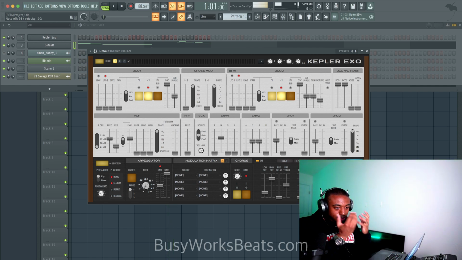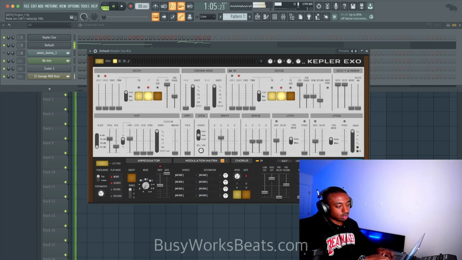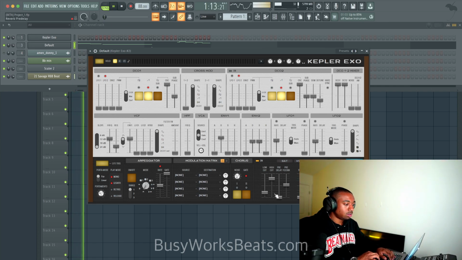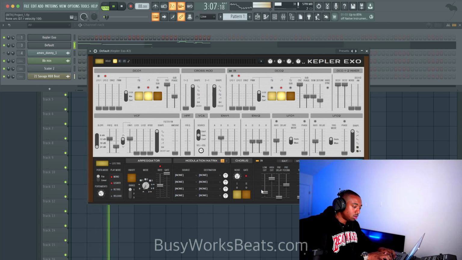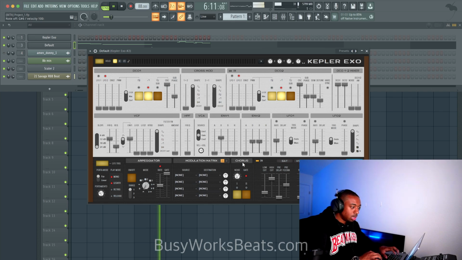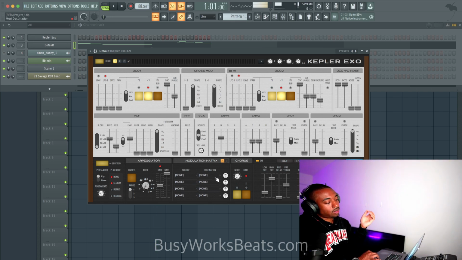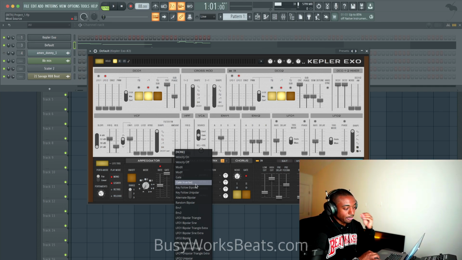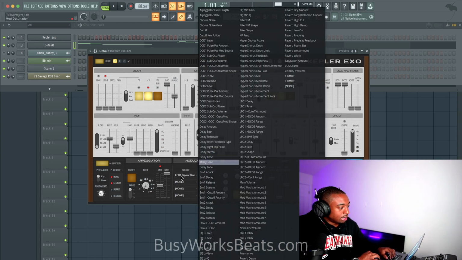So the early reflections kind of pull it forward, but it still makes it feel like a real sound. On this sound, I like the sound. I just want it to have a little vibrato. But the thing is, the LFO is so extreme on this plugin that it's a little hard to use vibrato type technique. But let's try it.